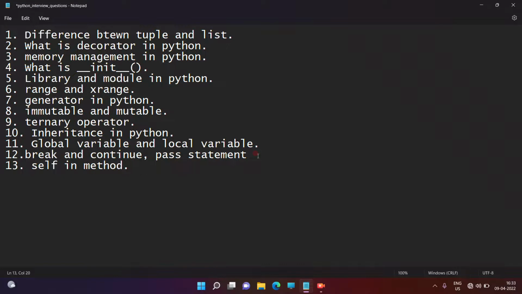The self word indicates the current object's memory. It means this particular method is associated with the current object, right guys? This is the symbol and indication of the self word. So this is clear, what self is in a method.